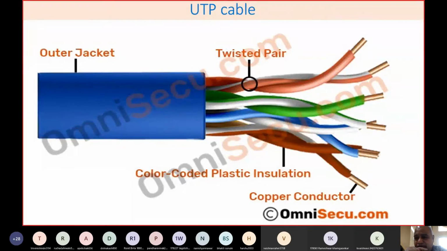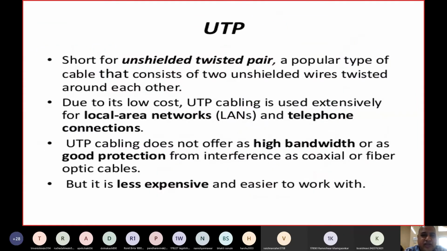Then if you see, they are normally called green-white-green, or blue-white-blue, or similarly brown-white-brown, etc. These are the colors normally named. So whenever you say UTP cable, this is a twisted pair cable. Outside there will be a jacket, inside there will be 8 cables, which is actually 4 pairs of cables, it is better to say. And this is color coded, and these colors are standard.